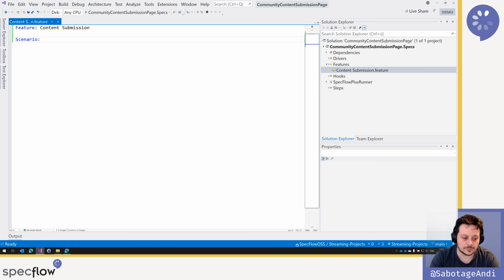So let's start with then the title of the page is SpecFlow community content submission. It's always easy to start with the then steps. So given, when, then in Gherkin, with the then what you want to achieve. We want to check that the title of the page is SpecFlow community content submission,